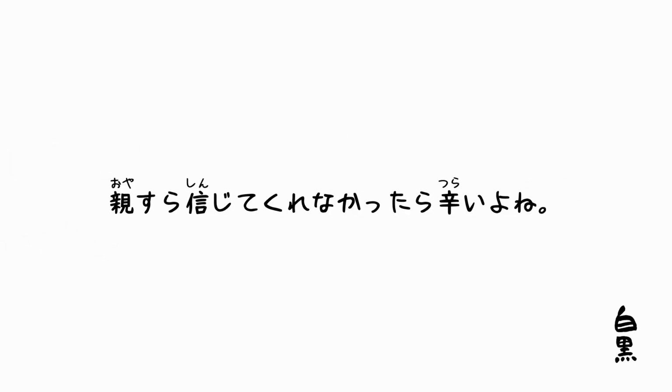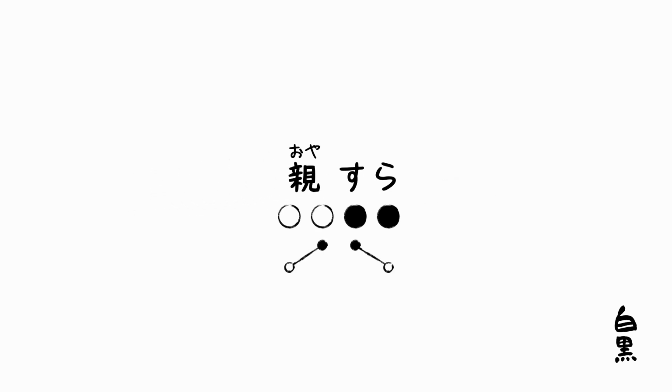Also, this same dictionary clearly mentions that when the preceding noun is in pattern D and the dependent word is in pattern B, the dependent word's pitch accent can also disappear. For example, 親すら信じてくれなかったら辛いよね。親すら。